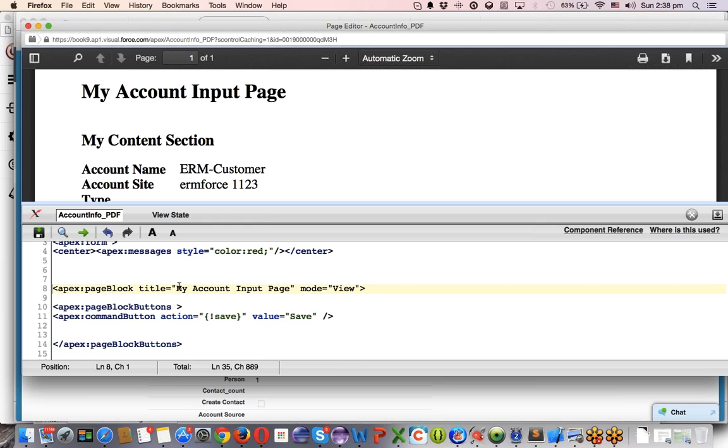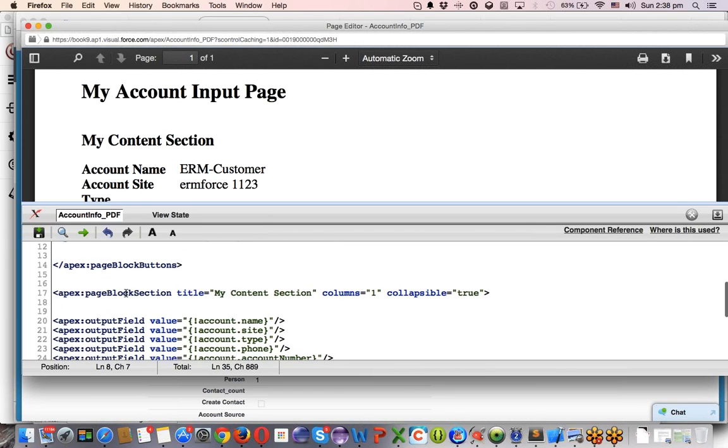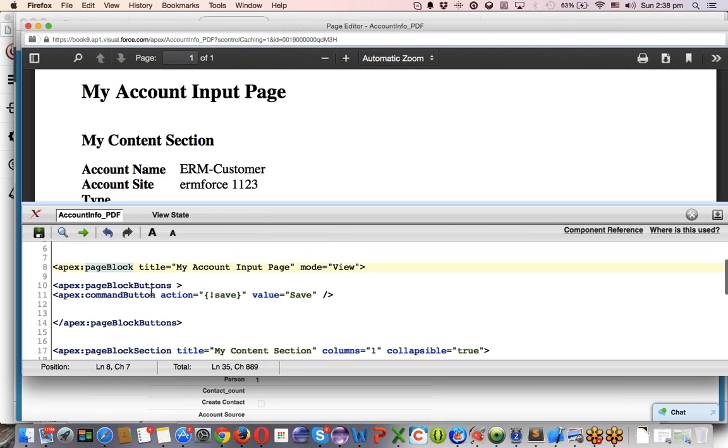This is the page block title. It obviously prints in a very big format because I'm using the page block section. If I'm not using page block, I cannot use the page block buttons also, or the page block section also. Okay, again, the save button is not required in this current scenario because it's an output page,